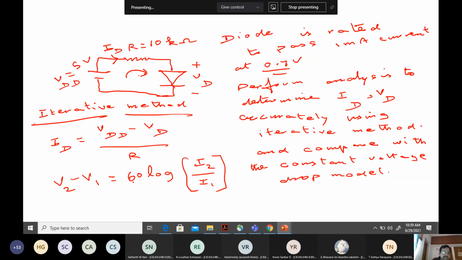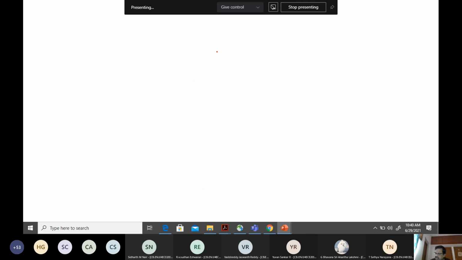This came from that KT by V, and at room temperature, we assume that this is like 47 degree. We take that as 60. You convert it into natural log, and then you have to multiply 2.3 with that VT. You will get this value 60. Remember that this 60 is in millivolt. That's very important. Now, having said that, let us go with this equation to find ID.